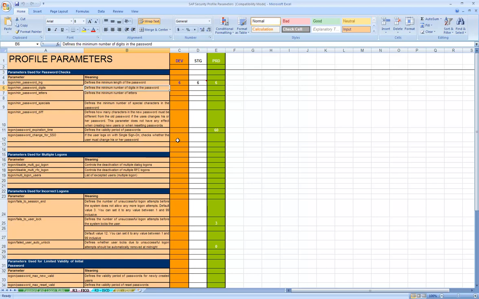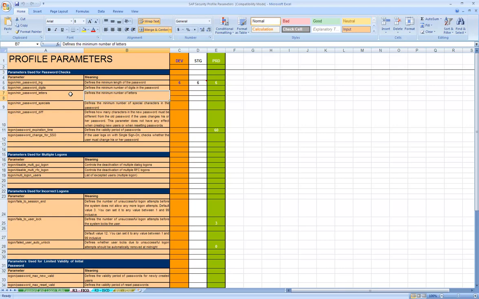But if you activate this parameter, a minimum of 1 digit has to be used in the password. Now, if you look at the other parameter here, login/min_password_letters, this means you are going to enforce that the user needs to use at least one alphabetic character, from A to Z, in the password.